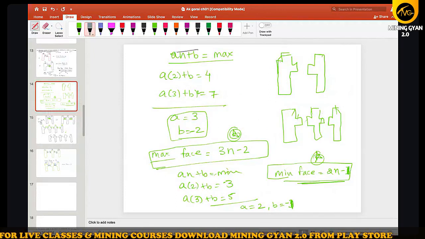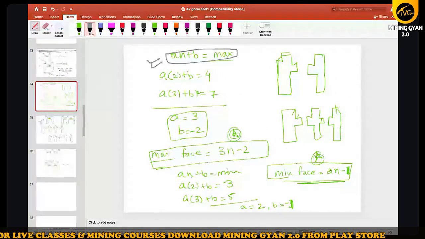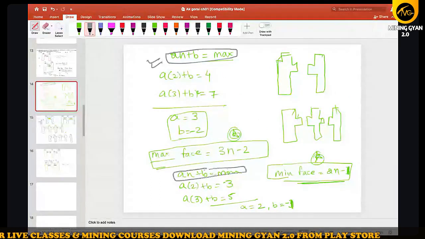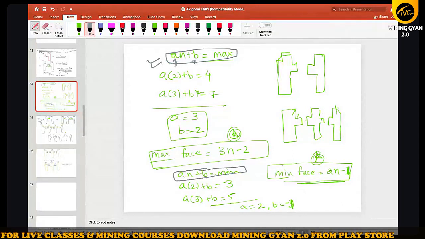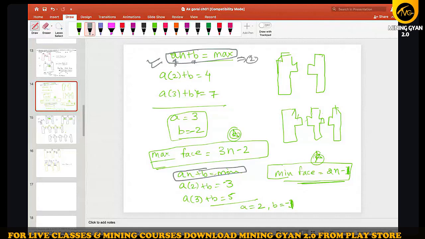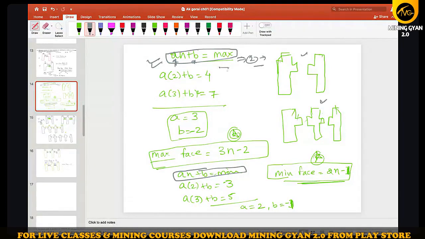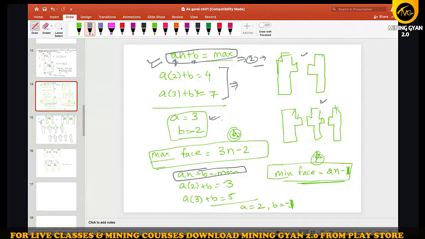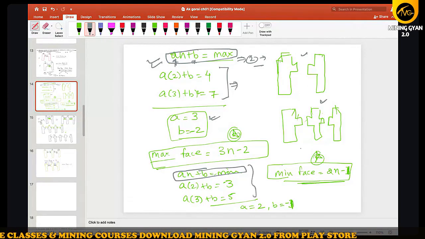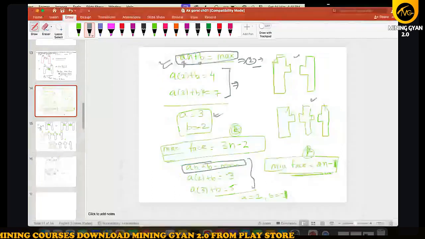this first for the maximum and consider this as a minimum. Okay, we have two unknowns in both the equations, so we need two values: two equations, two unknowns. We can solve our two unknowns. So in the first case we will take two headings, the second and third, get the values and put them in, and from there A and B will come out. Then again we will take the minimum case, put the values in it and get the answer. Okay, now